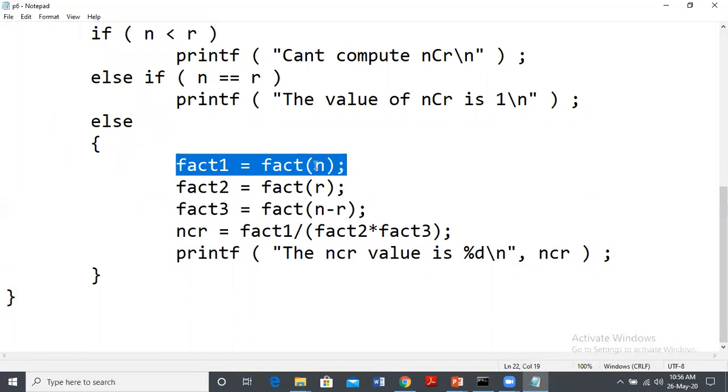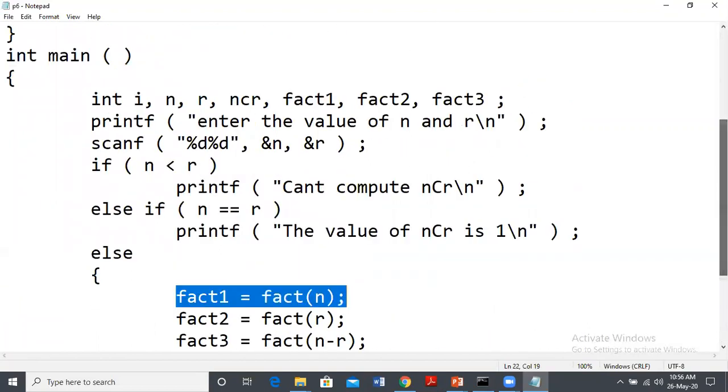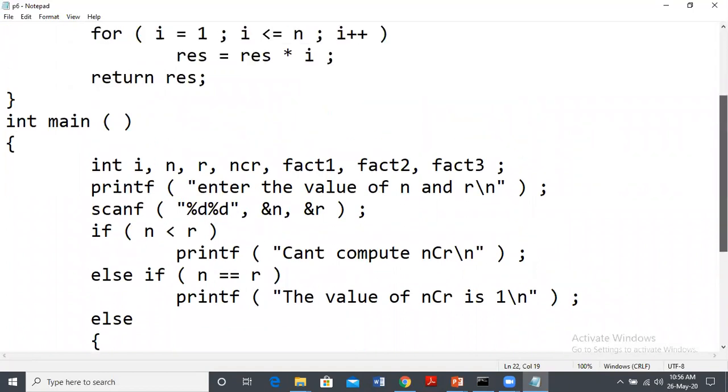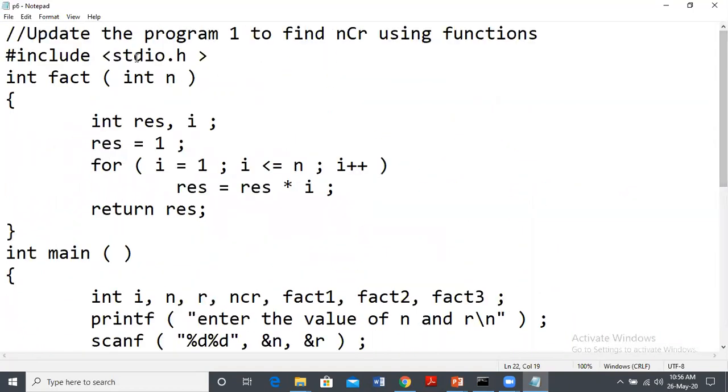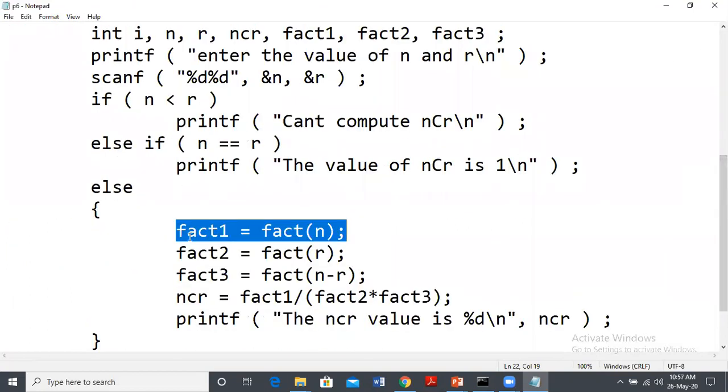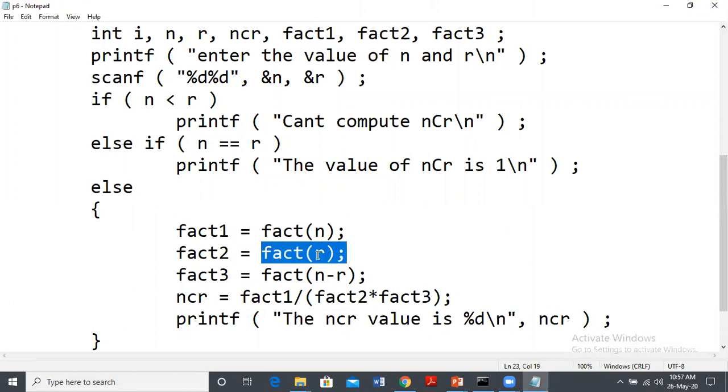So we pass the actual parameter 5, and the control now goes back to the function. So n value is 5. Find the factorial of 5. 120 is returned back, right? So that gets stored to fact1. Next, we are passing the actual parameter as r. R is 3.